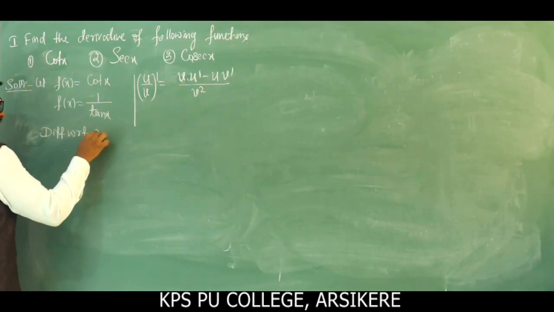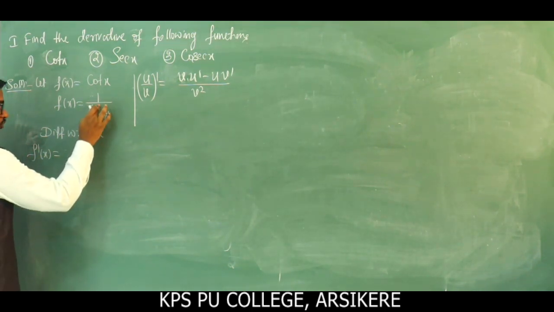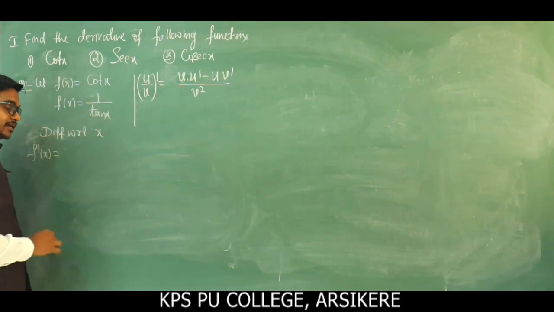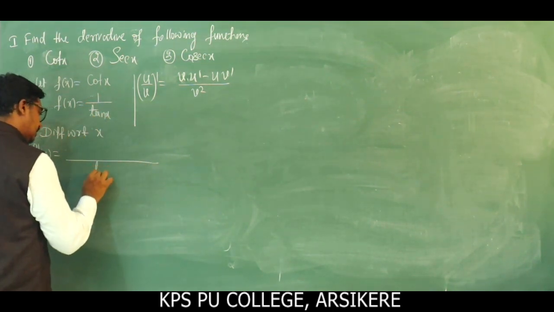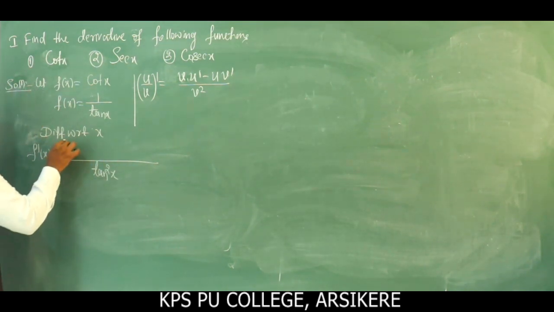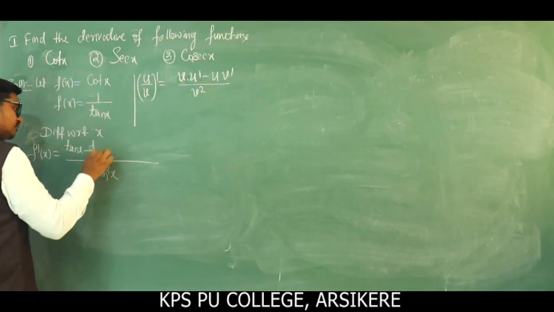Differentiate with respect to x. We are left with f dash of x is equal to... So apply the u by v rule. So u is 1 and v is tan x. So the denominator becomes tan square of x. First write the derivative: tan square of x, and in the numerator tan x into d by dx of the constant